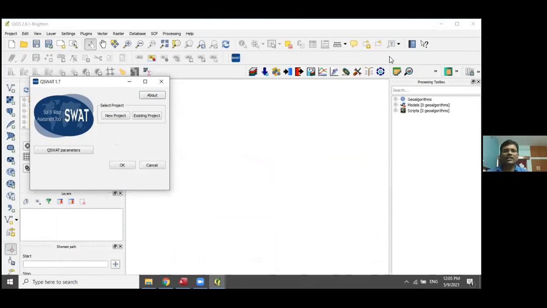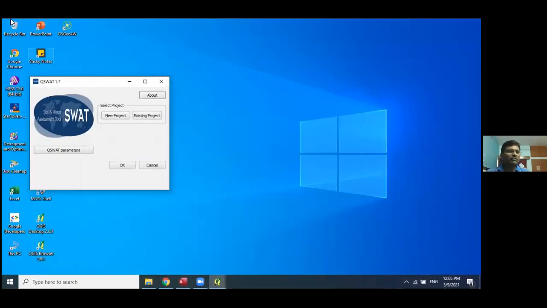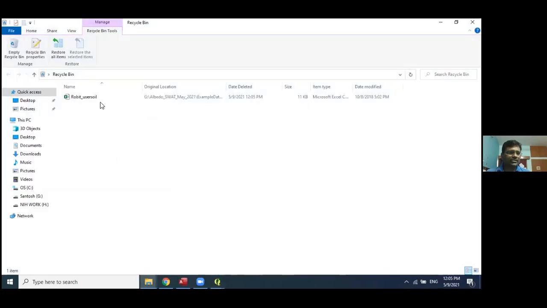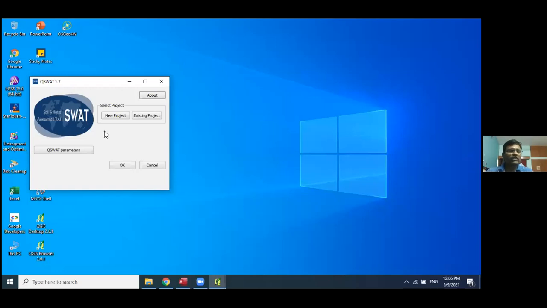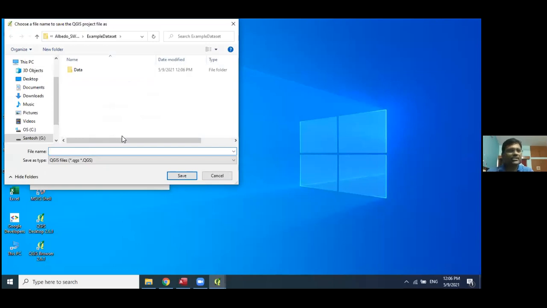So now we will start demonstrating the SWAT model. By default I just deleted that file. Now I will demonstrate QSWAT, starting from the input database to the model simulation, and after this we will have the question and answer. This will take at least 15 or 20 minutes, just bear with me.